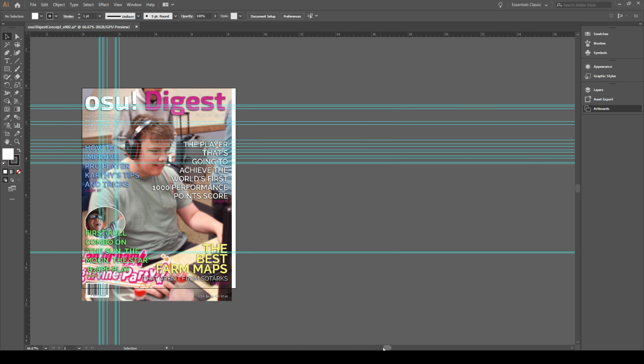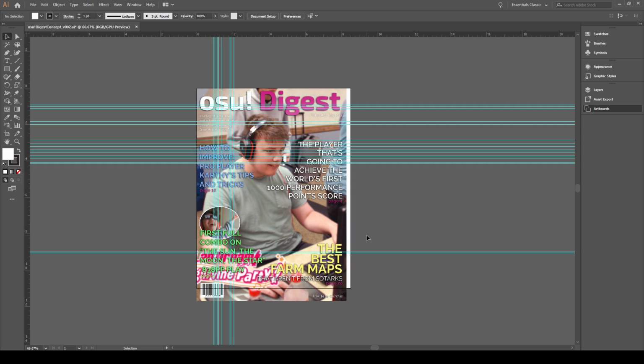But in a scenario where I'm trying to design a magazine, I certainly wouldn't want to use Photoshop just because it doesn't have the best workflow with vectors. Now, with that being said, it doesn't mean that I'm particularly correct on this matter. I would imagine there are more than a handful of designers who put together their magazines in Photoshop. I've seen a few YouTube tutorials where people do that. There's nothing wrong with that. I'm not harping on that as if that's a thing you should avoid doing.